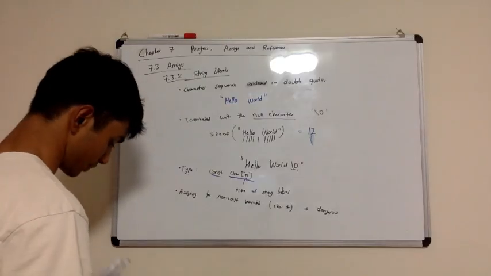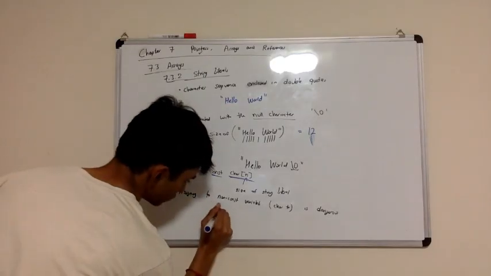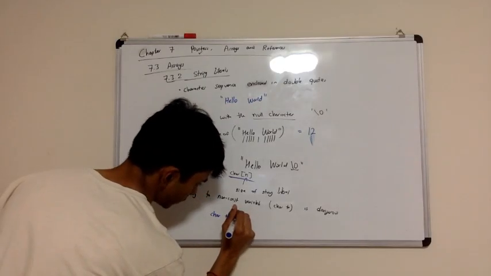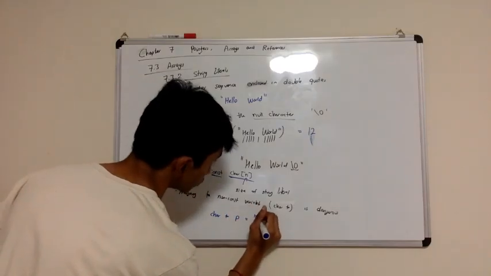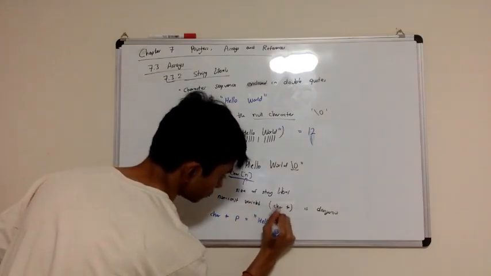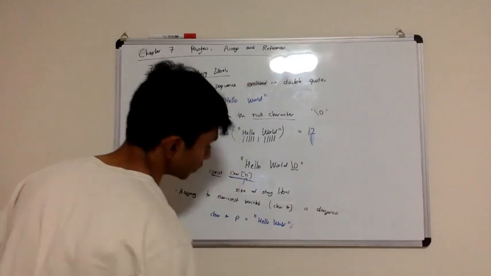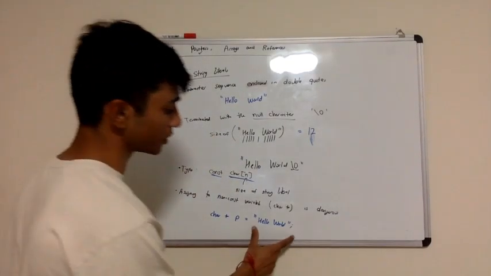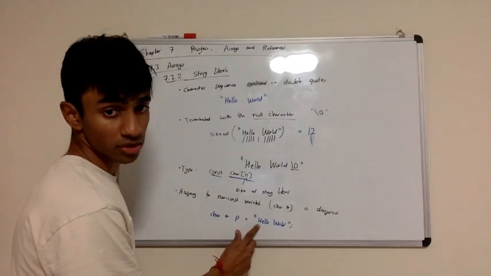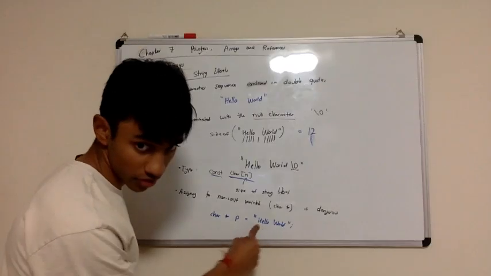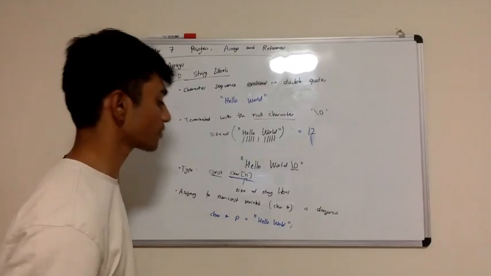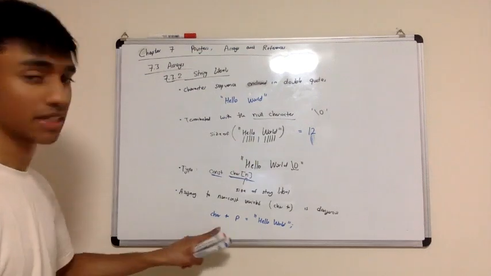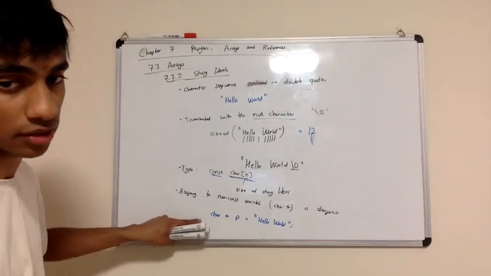Imagine you have something like char *p = "hello world". On the surface, this doesn't look super problematic. What would happen is this would get loaded into memory. You would get the first character's address, and then you would give that address to p, and it would store that value. That's fine,